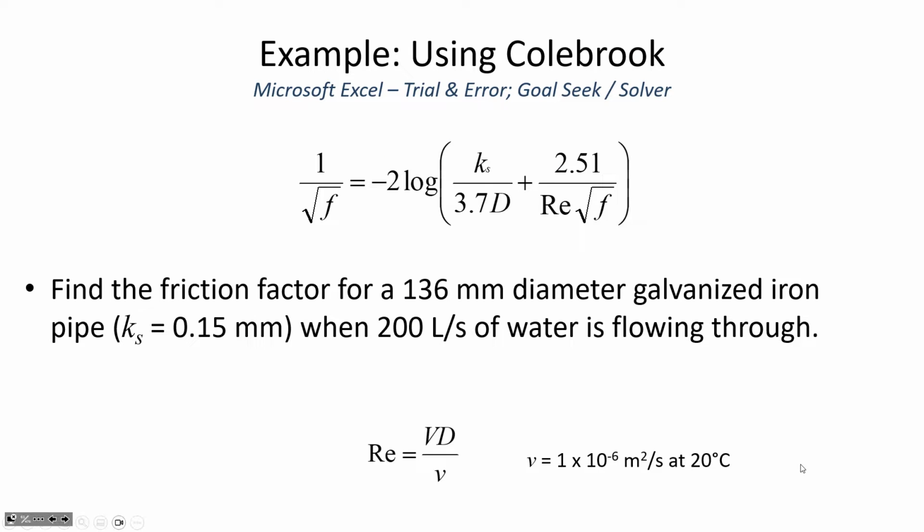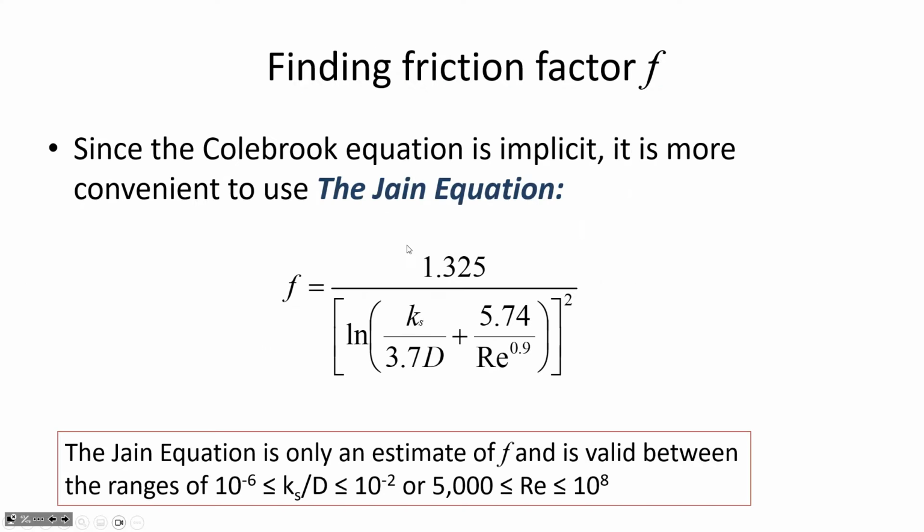I'm happy to tell you that there's an even simpler way to calculate the F value pretty accurately, and that is the Jain equation. The Jain equation is not implicit. It can calculate the f value directly. You'll notice that the f value is only on the left-hand side of the equation here. But it's just an approximation, and it's only